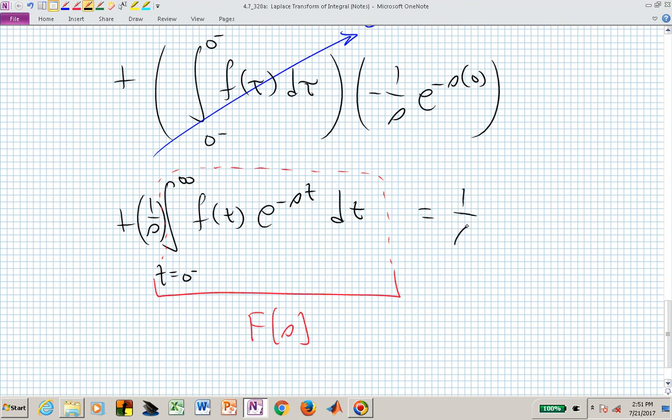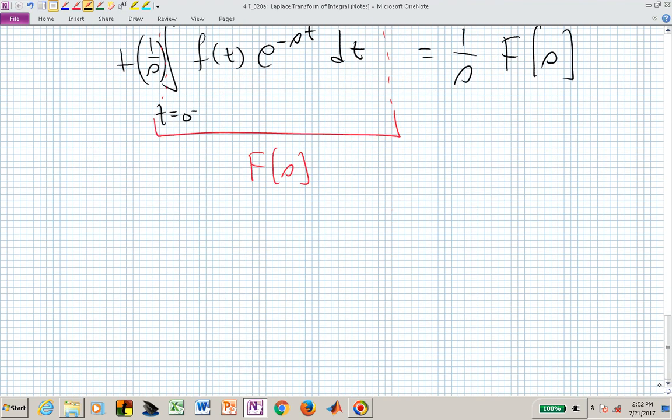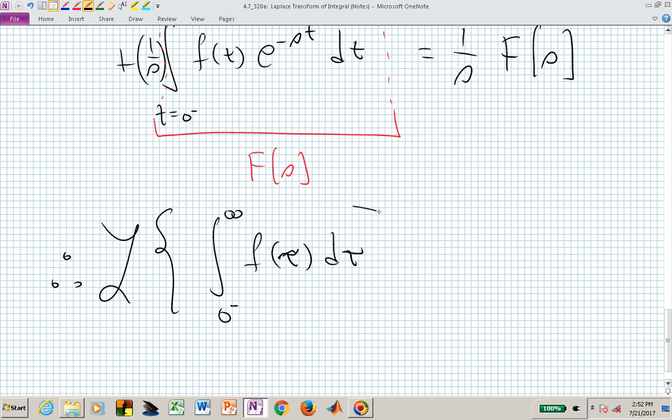We've now derived that the Laplace transform of an integral is 1 over s times the Laplace transform of the original waveform f of t, unintegrated. Or we can say that the Laplace transform of the integral from 0 minus to t of f of tau d tau